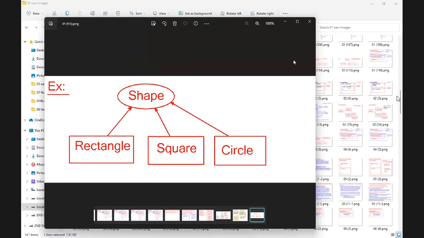Tell me. I am taking a shape. Is shape an object or a type of object? Rectangle? Object. Square? Object. Circle? Object. Okay. Rectangle is an object of what type? Shape. Square is an object of type shape. Circle is an object of type shape. When you want to say I am of another object type, you must develop inheritance.